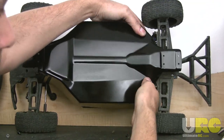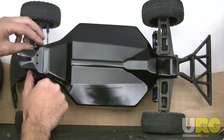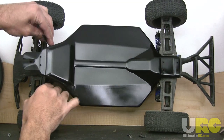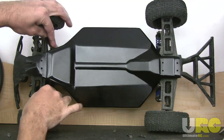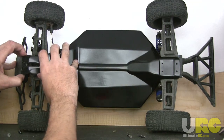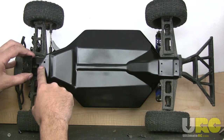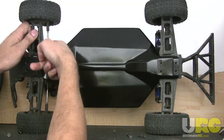Just squishing it on up in there. And then up front, you're going to need to take these two wings and bend them out like this to get around the steering links. Then you can push it straight down, push this in again, and pull the bumper out so that the front can fit under the bumper. Push the front down, it snaps around the outside,